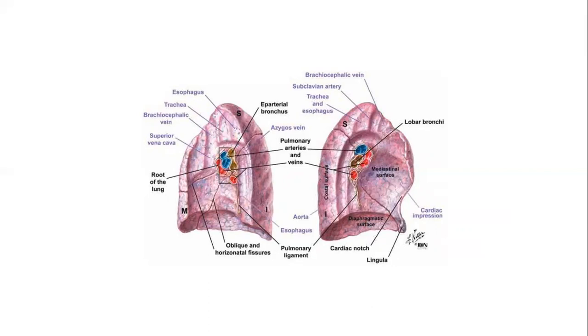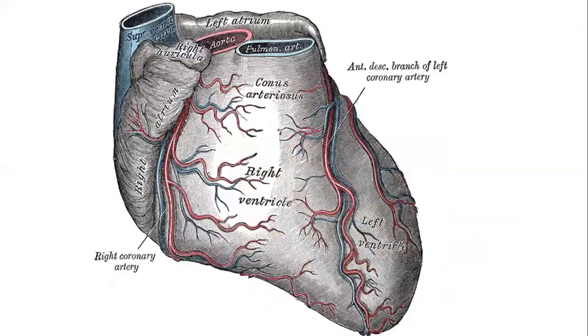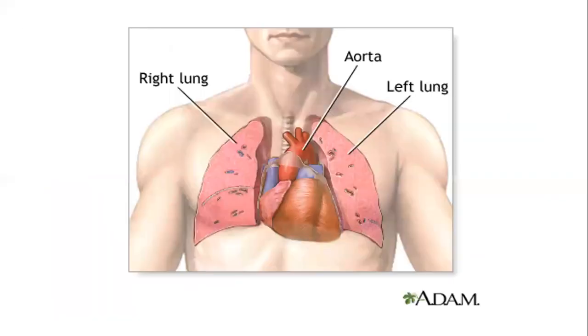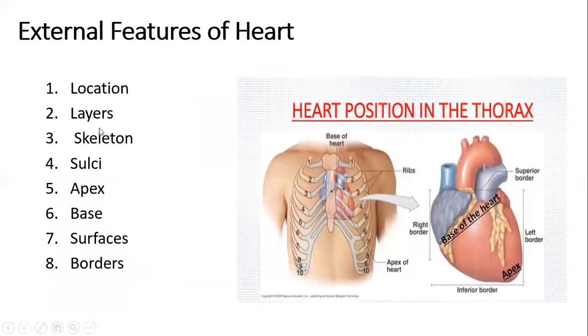So I hope the location, layers, skeleton, sulci, apex, base, surfaces and borders of the heart are so far clear to all of you. So this was all about the external features of the